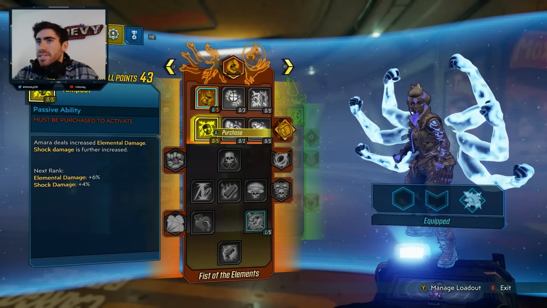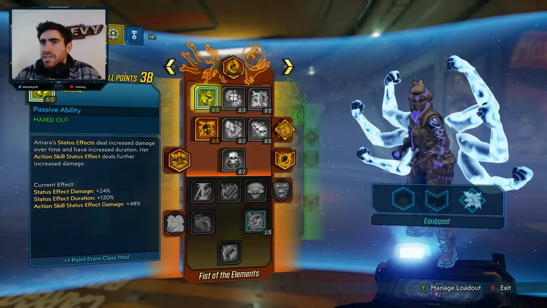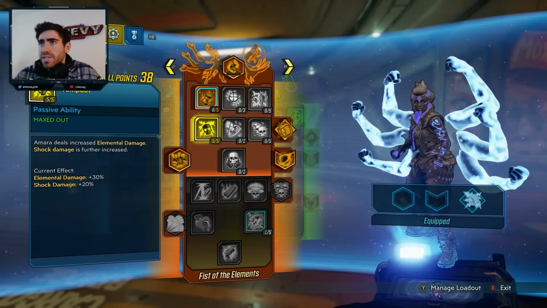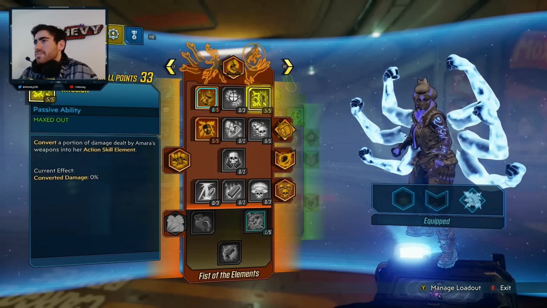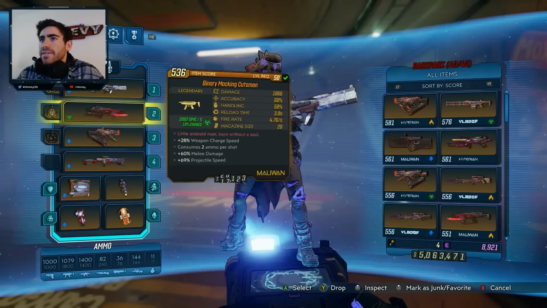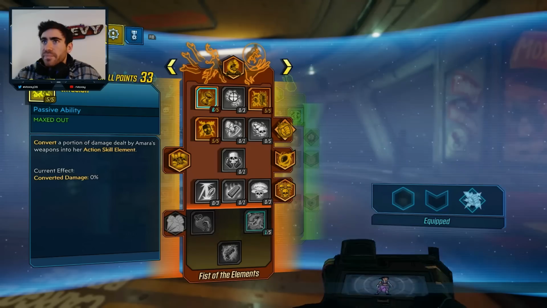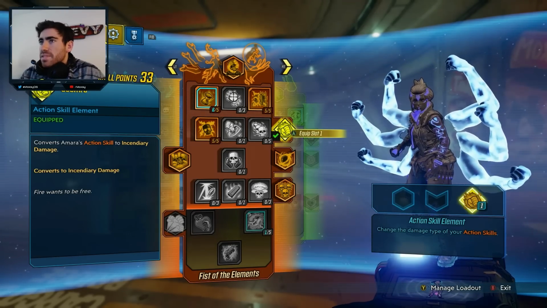So we're putting points into Anima and Tempest, two of my favorite skills, giving us DoT damage and action skill status effect, increased damage, and Tempest. And then we're actually going to go 5 out of 5 into Infusion. Now, Infusion works as intended when you're not matching elements, and we're basically just going to be using the Brainstormer. So we're going to be using the Brainstormer with fire to kill most mobs, and then,